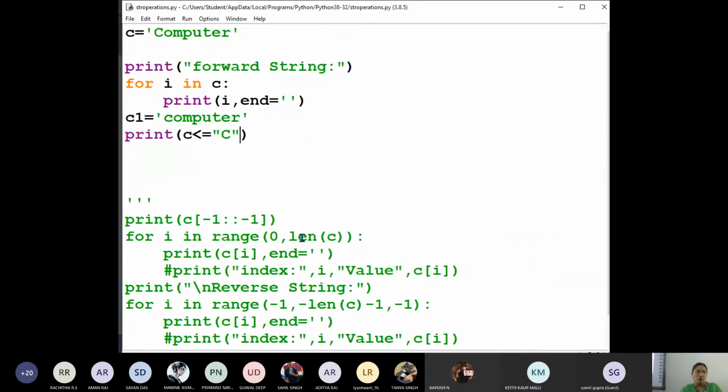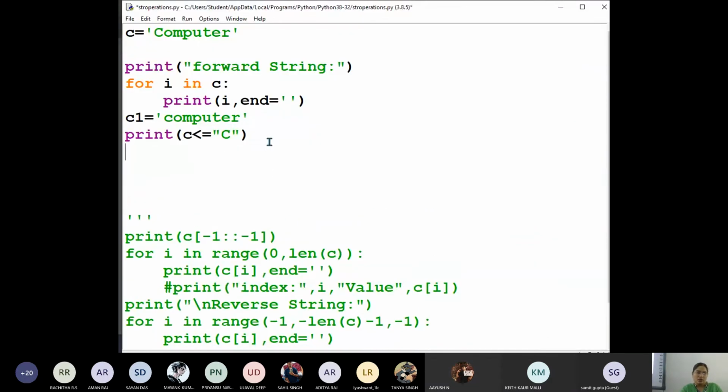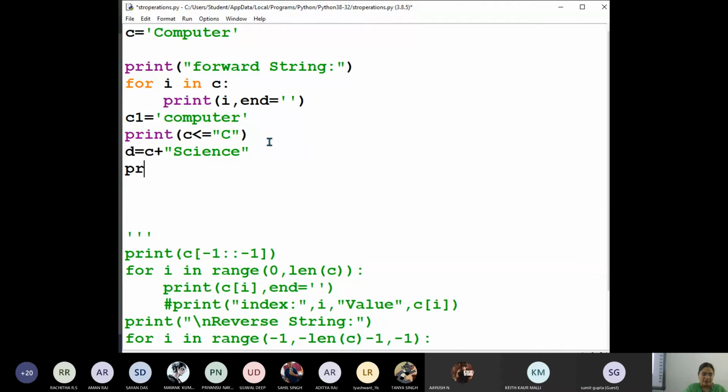That is string comparison. Next, suppose you want to add something to the string. c plus sign. Let me do d equal to c plus some string. Now print d. What will happen?